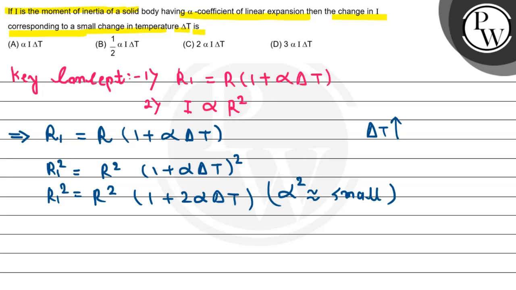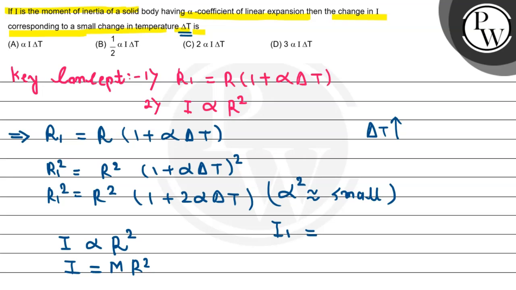Right. Now, by using the second concept, what we know is that the moment of inertia for the body is directly proportional to the radius square. Now, let's suppose the mass of that solid body is capital M. So, यहाँ से मुझे moment of inertia for the body वो किसके equal मिल जाएगा, M into r square के equal. Ultimately यहाँ पर हम suppose कर लेते हैं कि जो new moment of inertia है after the change in